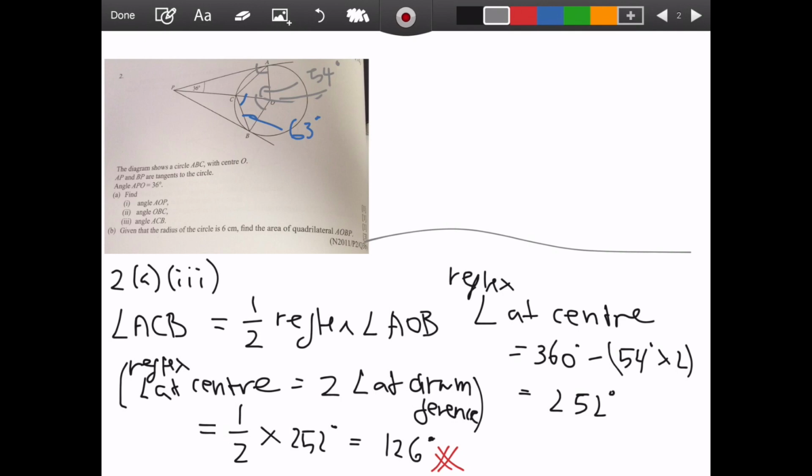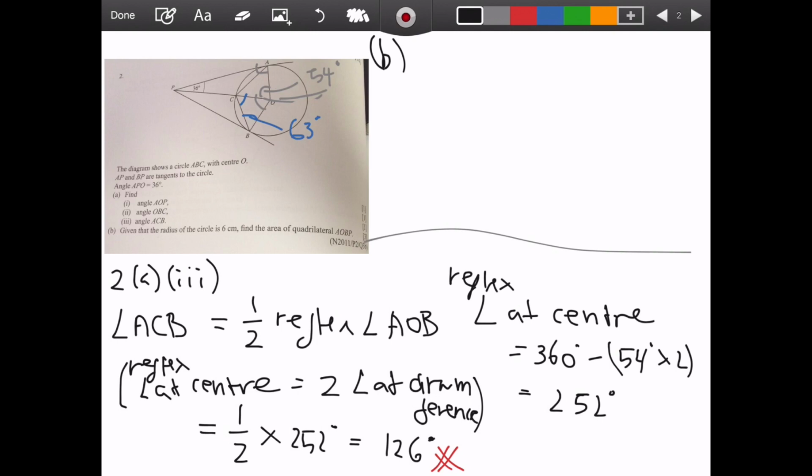Okay, now let's solve part B. Given that the radius of the circle is 6 cm, find the area of the quadrilateral AOBP. AOBP consists of two congruent triangles, which are triangle OAP and triangle OBP. So first of all, we find the area of the triangle